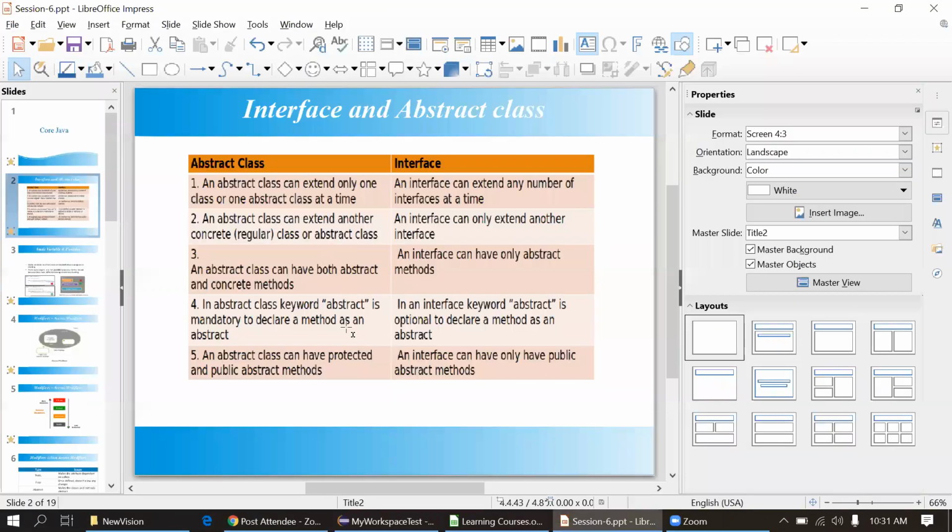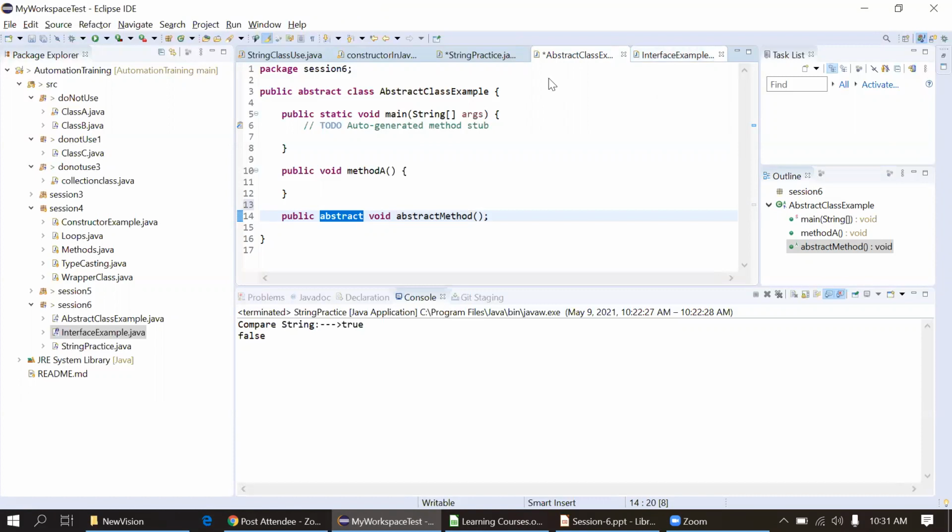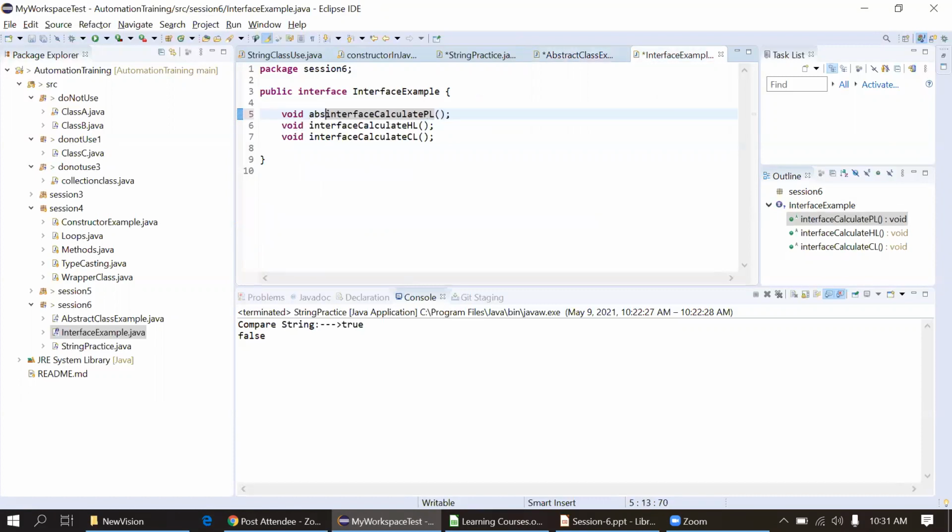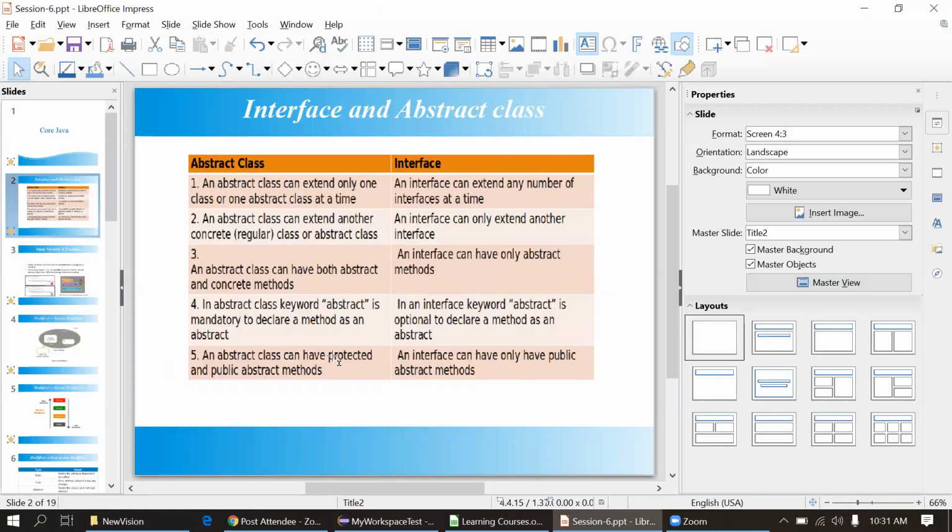I think we can write the abstract keyword here. Yeah, it's showing the error, let me check. Right, we can explicitly give the abstract keyword, but it's not mandatory. We can just delete it and keep it as is. By default it's abstract, so we do not need to mention the abstract keyword in the interface. That is the meaning of this line number 4.